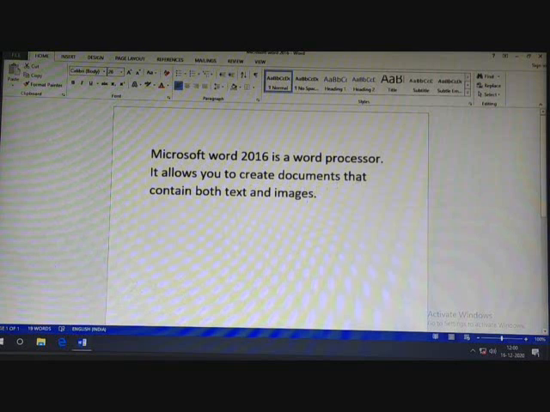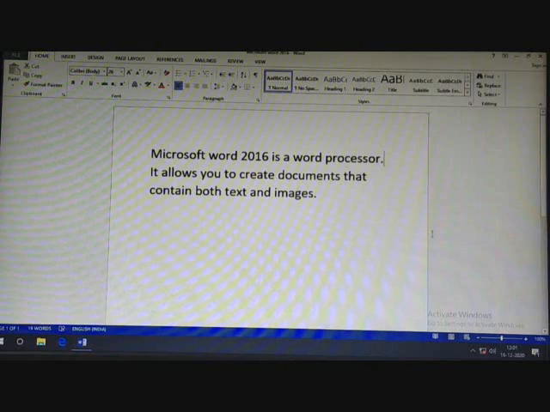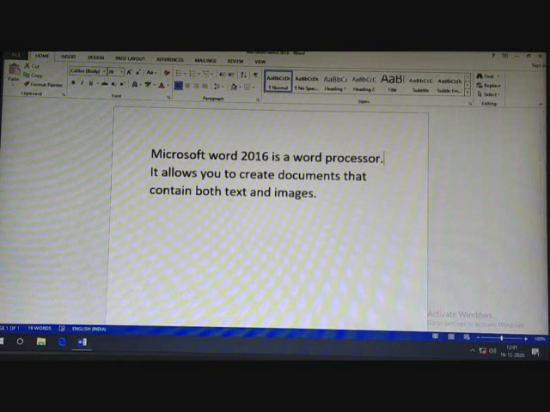Suppose I want to insert the text in between these two lines. So this is full stop. I will put my mouse pointer here. Can you see my mouse pointer? Okay. Now there I will write.